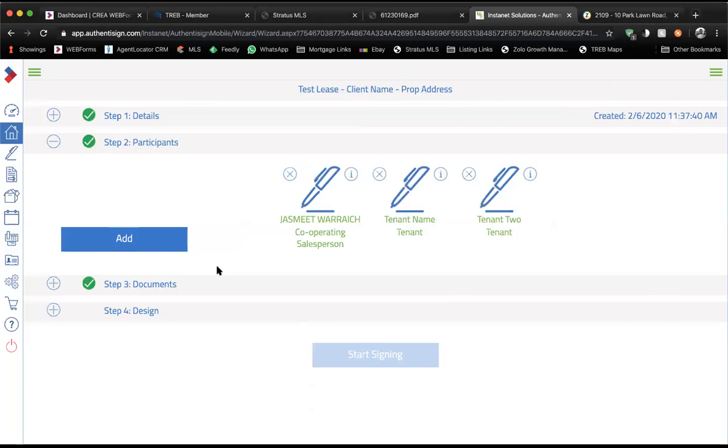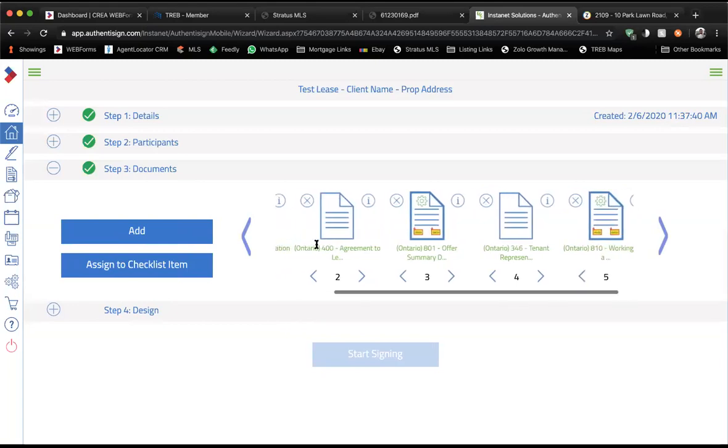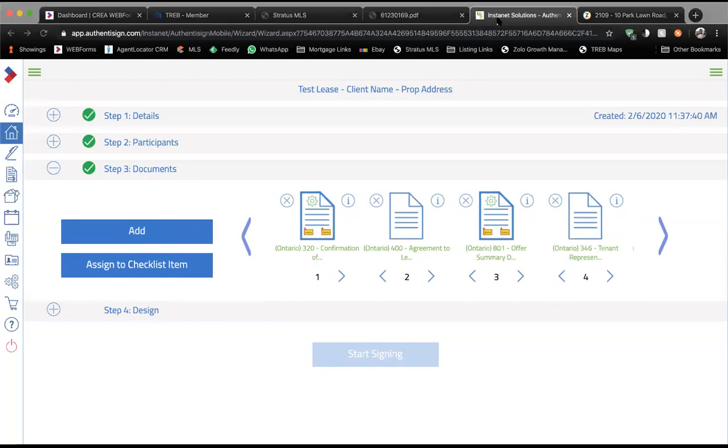It's fine. So just review, make sure that the names are correct for the people signing and the roles are correct for the people signing. And you'll understand why when I click step 3. So step 3 is the document step, okay? For the forms we've imported, you'll notice that there are 2 particular, let's say, icons that they're using. Anything that has this particular icon, which shows signing and initial fields,